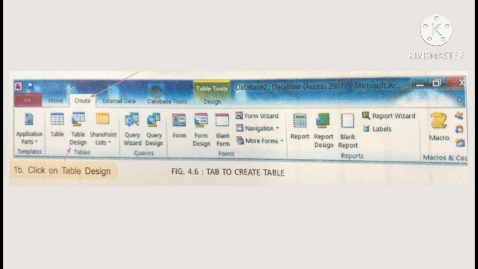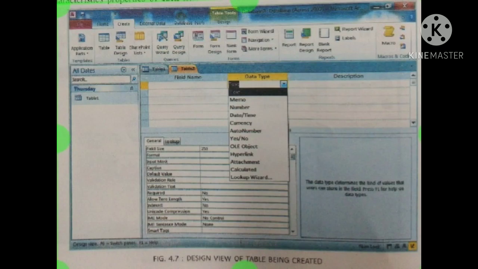In order to create a table, first click on the Create tab and, under the Tables group, click Table Design. Second, on doing the above, we will see a table that opens up with three columns. Third, the three columns refer to the description of elements of the table, like field name, data type and description. Enter the field names of the table and the above elements for each field.